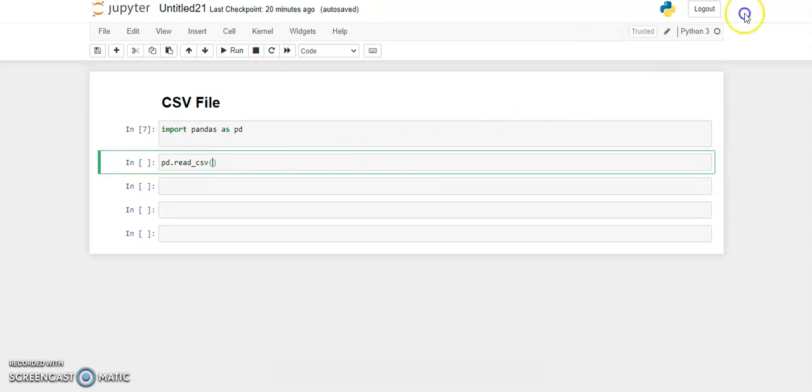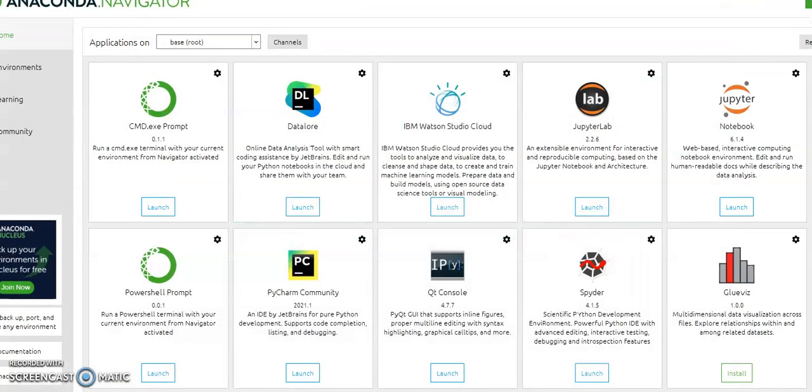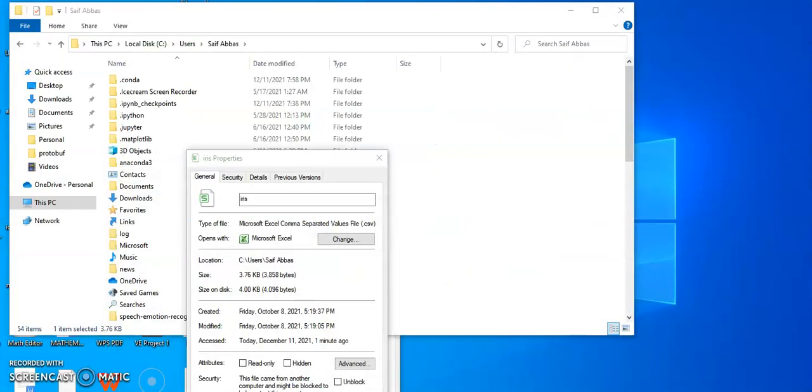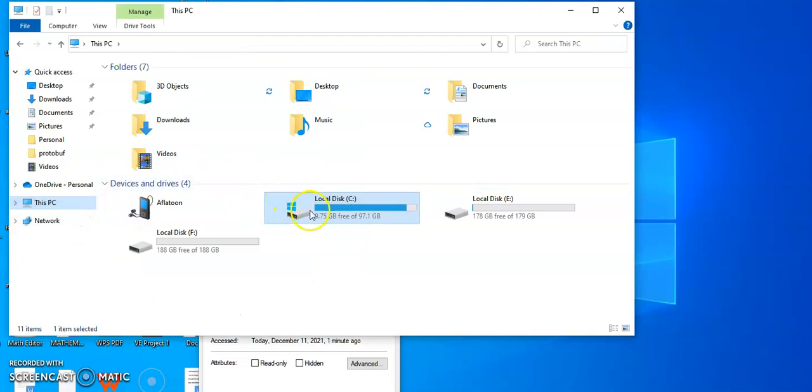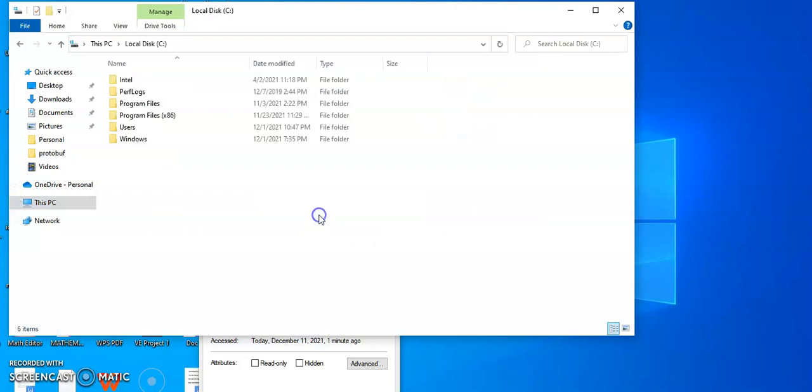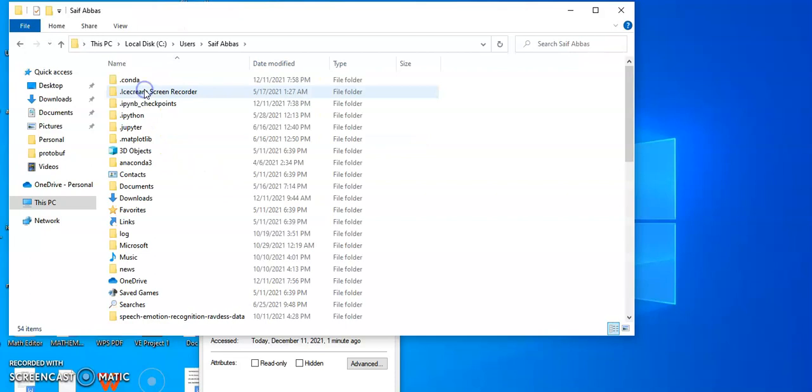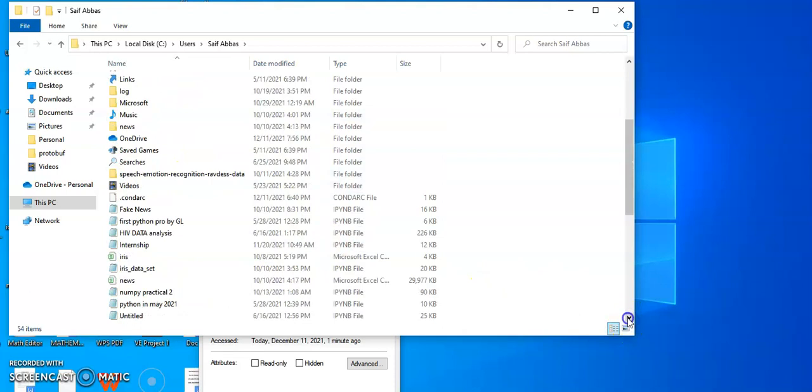So first we go in our system. You can see here in this PC, my file is in the C drive first, and then users, and then my name, and suppose first we copy here the iris dataset. This is the iris dataset.